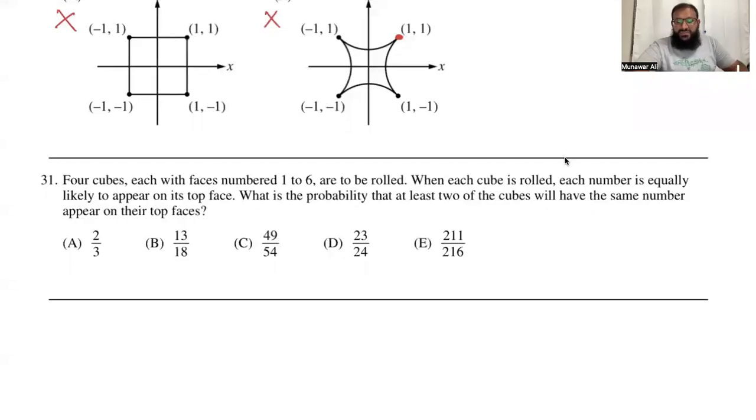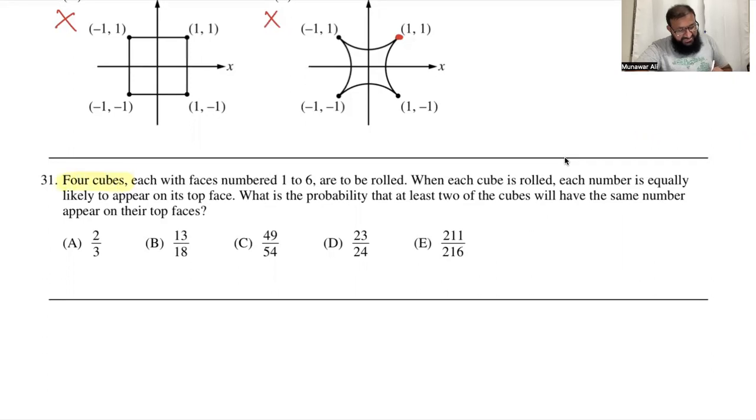Welcome back, guys. In this lecture, I'm going to discuss question number 31 to question number 35 from the GRE subject test mathematics practice book. So let us start from question number 31. It says that